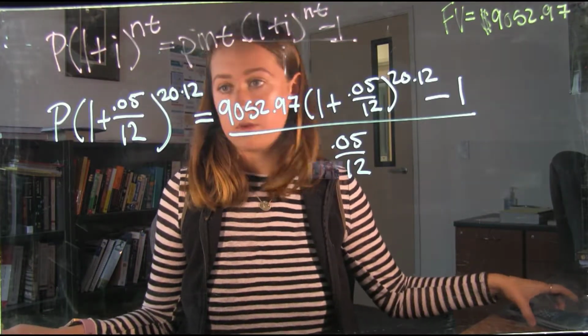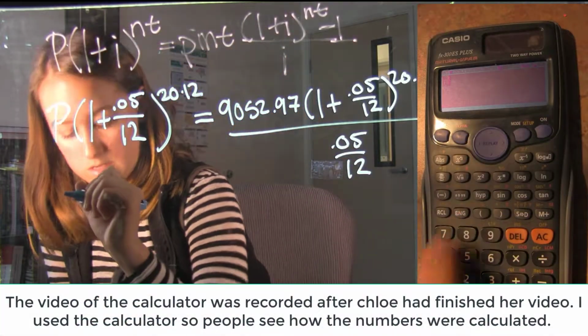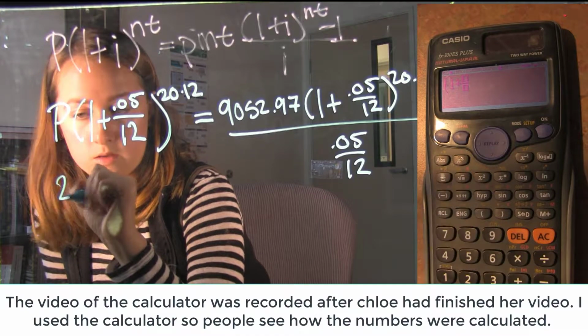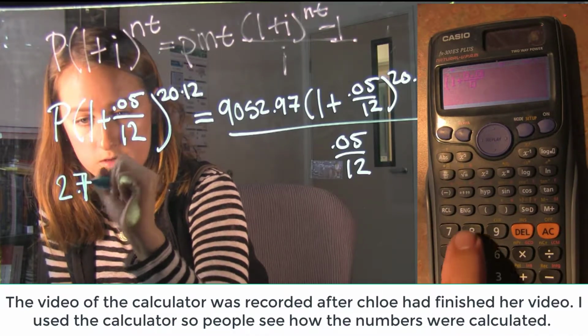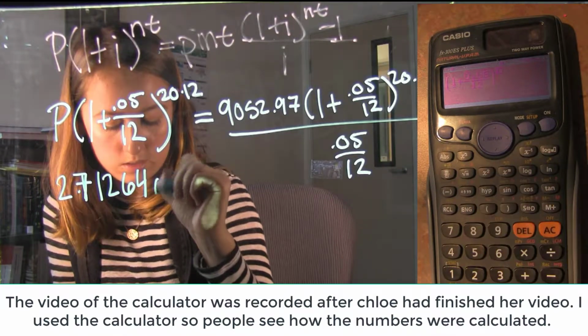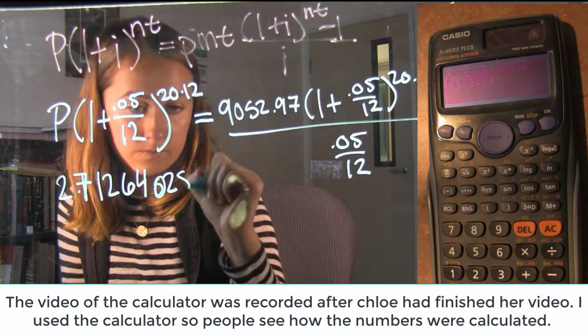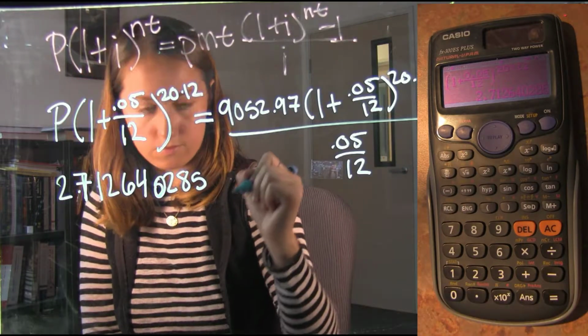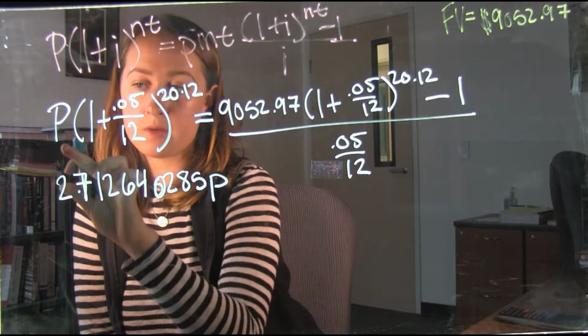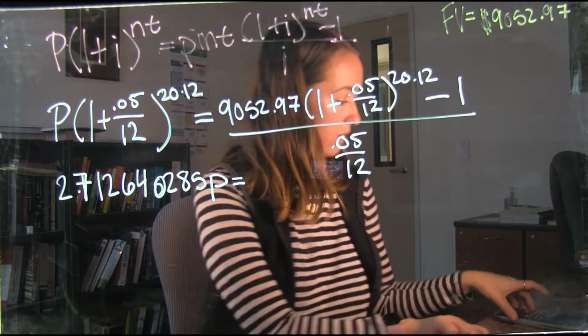So this part right here is 2.7126402085, and then you include the P from here, equals, and let me do this with a calculator really quick,